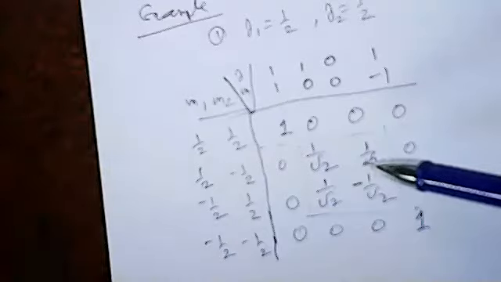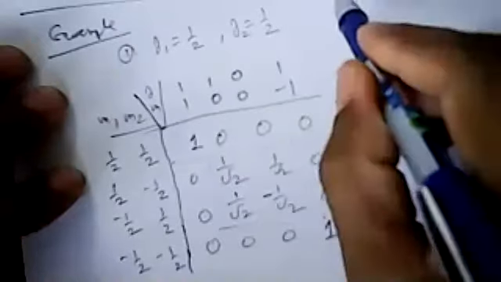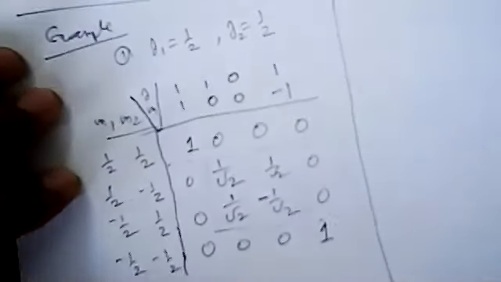J1 equal to 1 and J2 equal to half. I think everybody has attempted that problem, so I will write that. In this first case, we have already discussed how these values come.